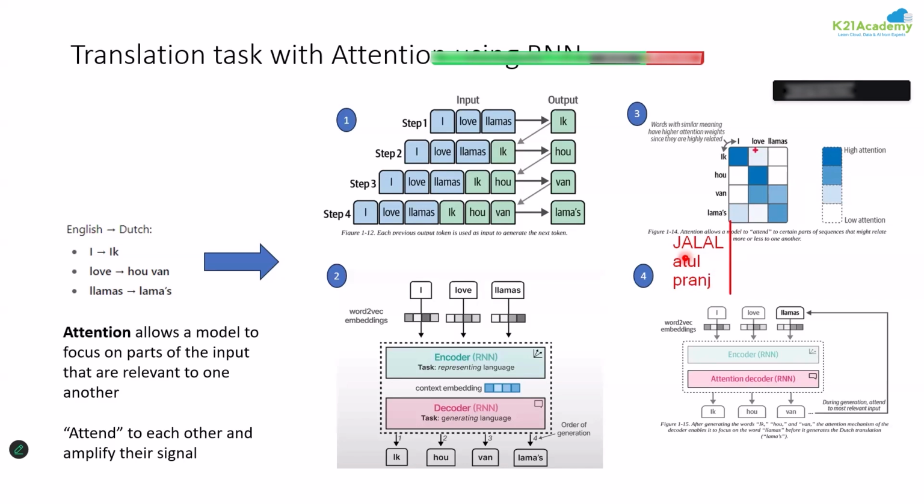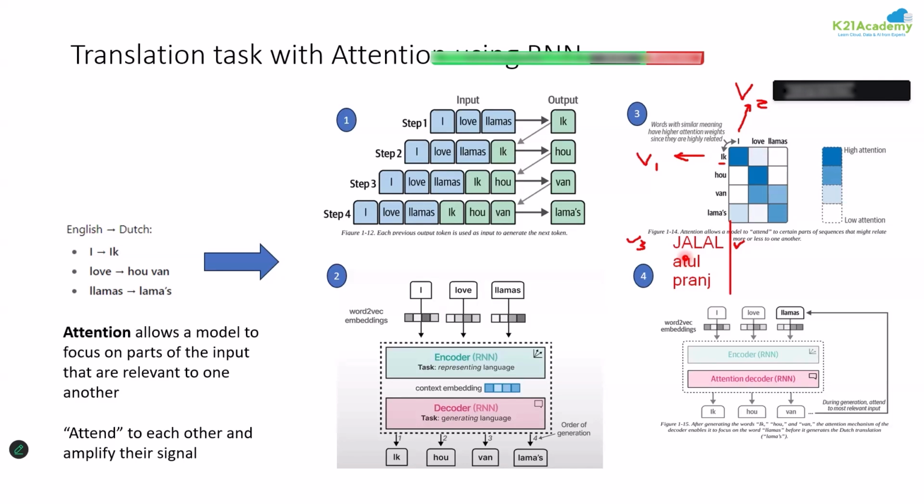Now what is going to happen? Tell me, I and Jalal will have some measure, right? Now, if ik is equal to... this ik also has a vector, and this I is also a vector. Tell me, which vector will be more similar to each other, V1 and V2, or V1 and V3? You don't know, the model knows. You're getting the point? The model is just looking at embeddings and comparing. There can be hundreds of words.